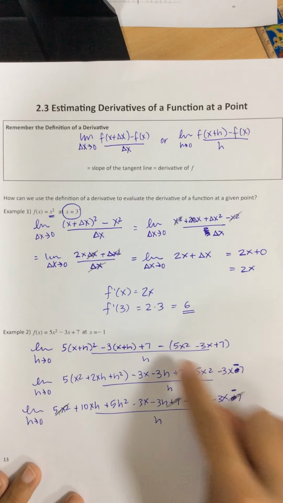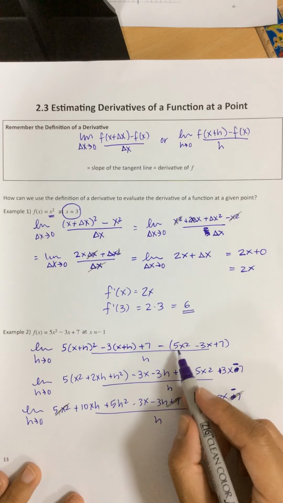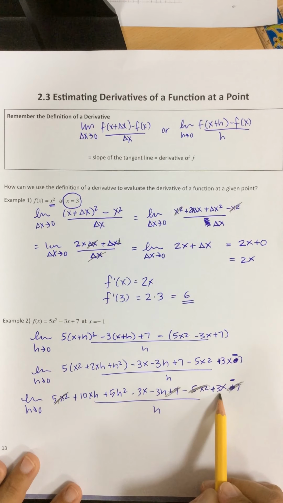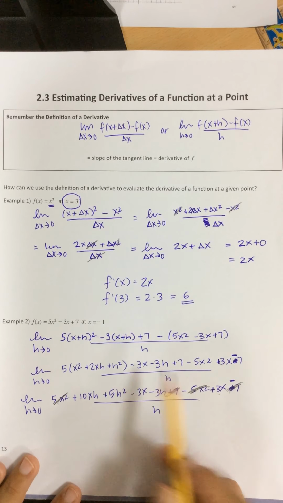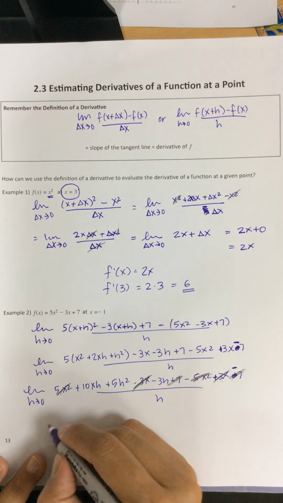You guys let me distribute this negative in all wrong. This should be a plus. I only distributed it to the first one, those common mistakes, right? And I'm checking that because that should cancel out, does it? Now it does. Plus 3x minus 3x. So I am left with